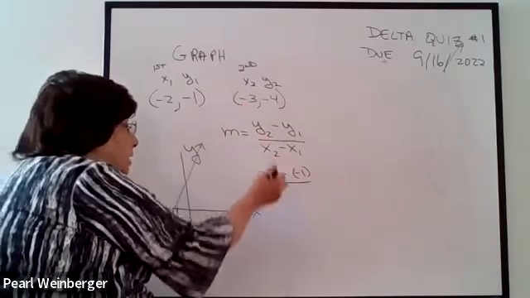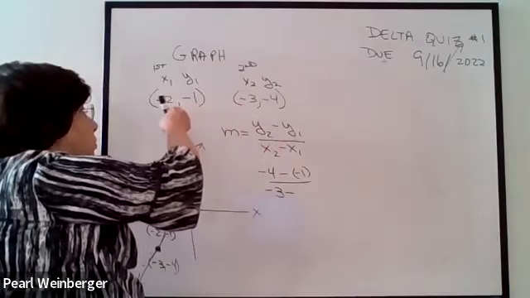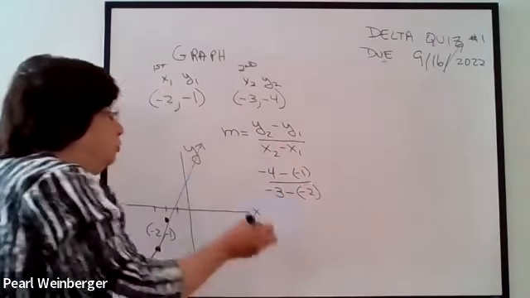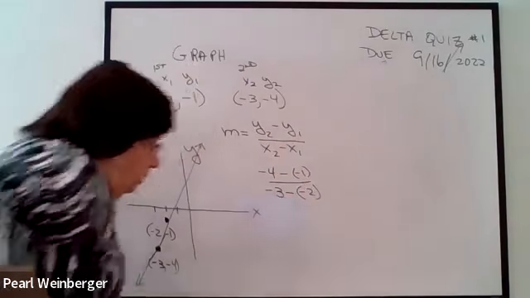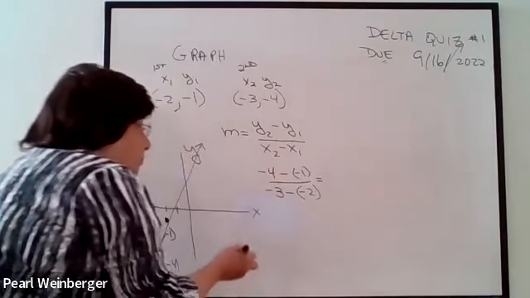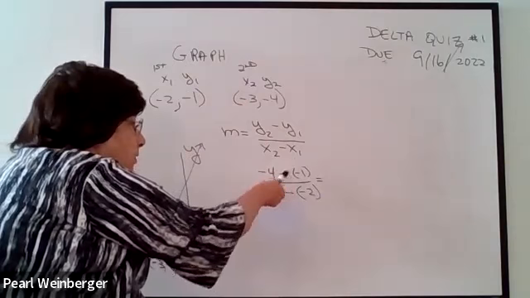The x2 is -3 minus, we do minus x1, which is -2. So again, I'm going to put this -2 in parentheses. Okay, and now I have to just work this out. First of all, if you recall, when you have 2 negatives, a minus